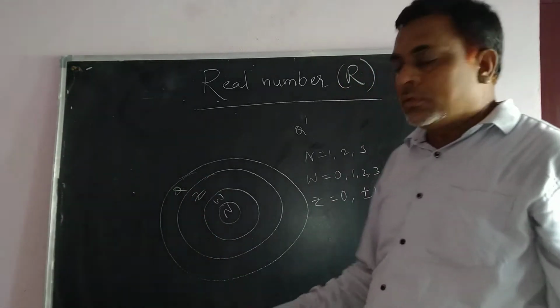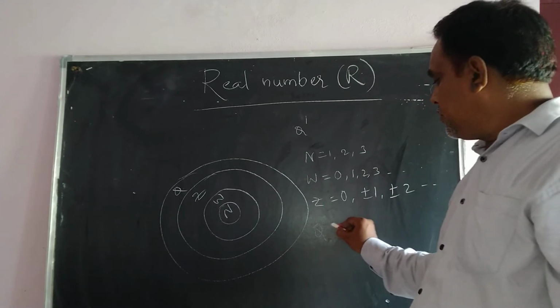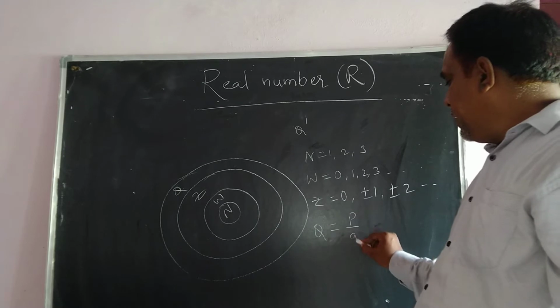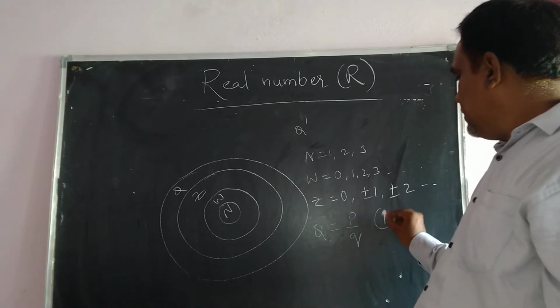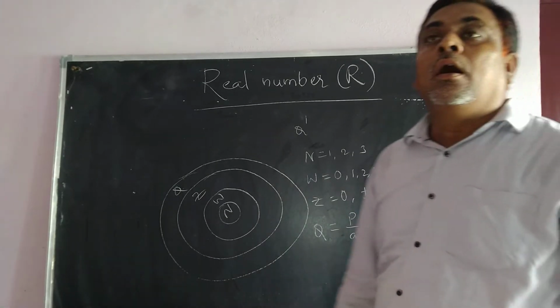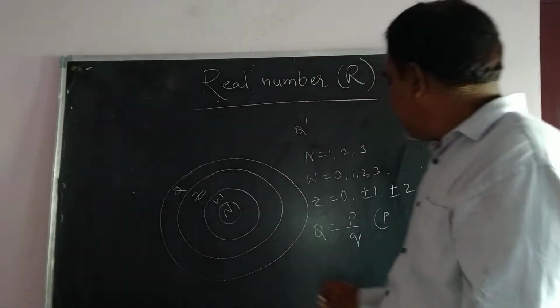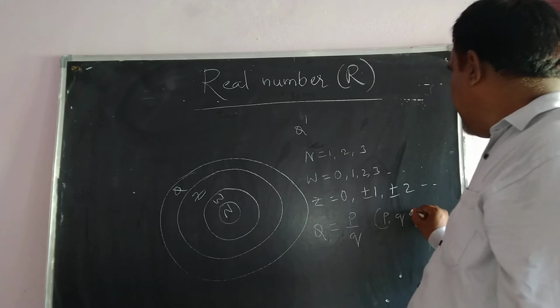Rational numbers are represented with capital Q, the P by Q form, where P and Q are integers